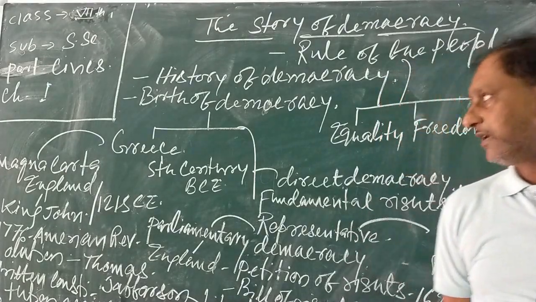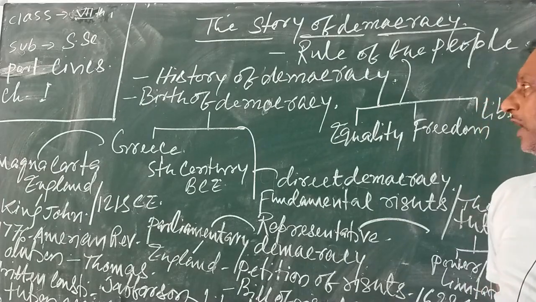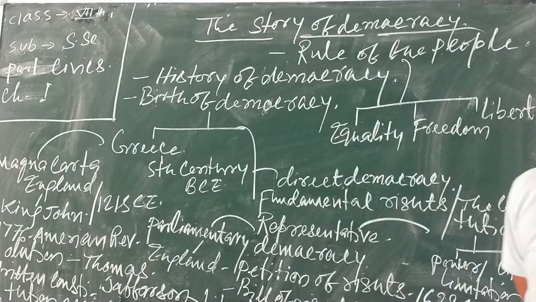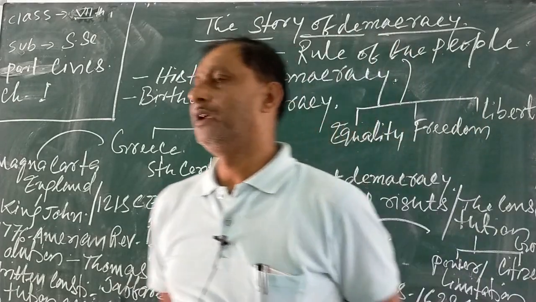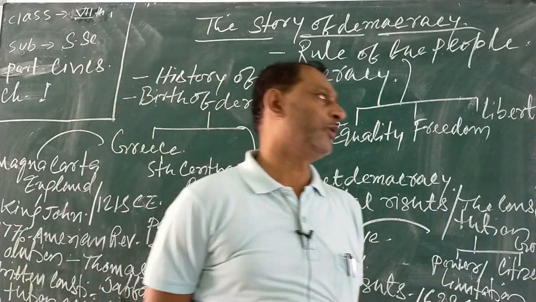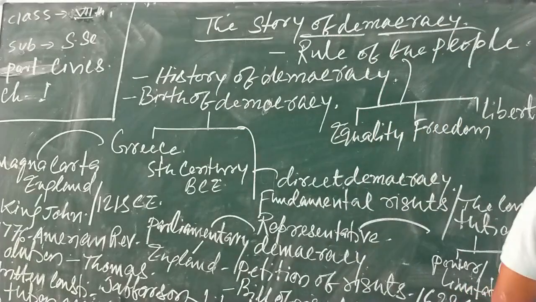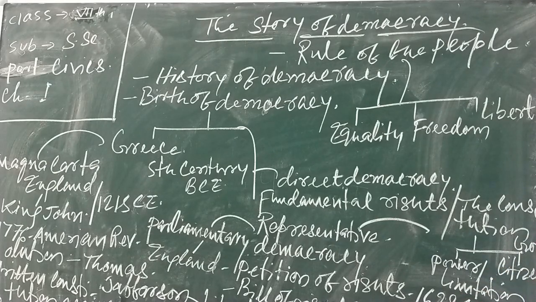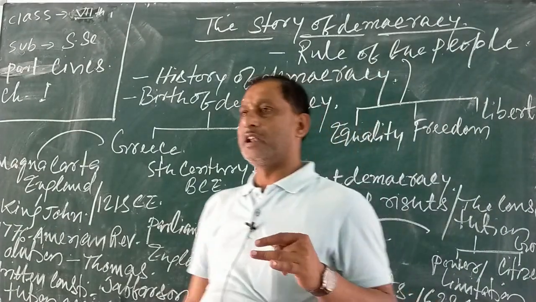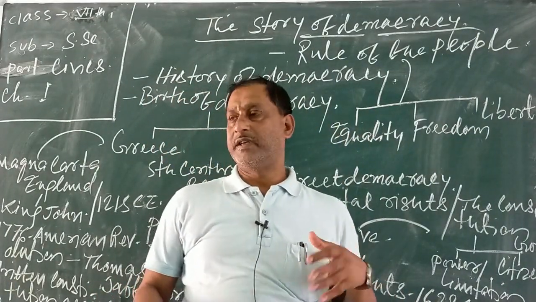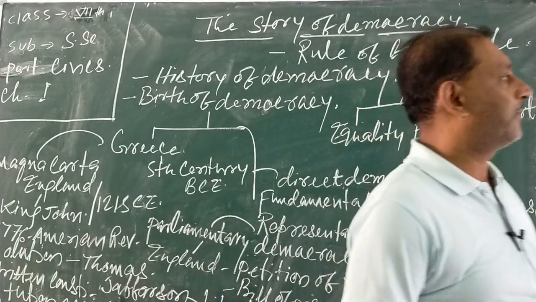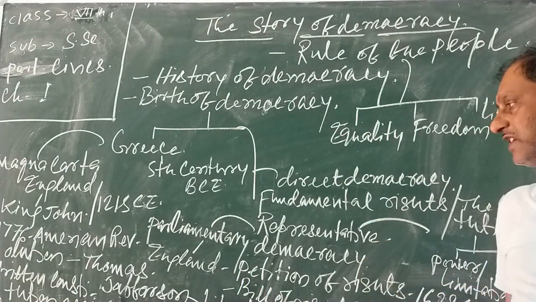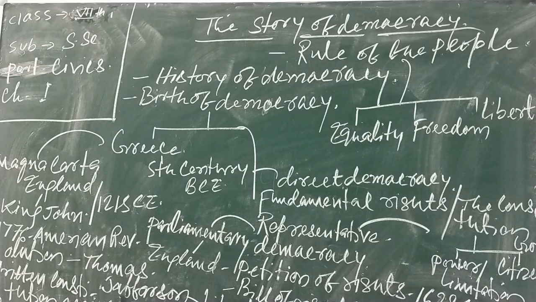So the story of democracy is clearly given, as a consequence, for the better understanding of a student of standard 7. Those who understand the birth of democracy, the expansion of democracy, as well as the stability of democracy, with the help of the editorial given in chapter 1. So chapter 1's editorial also indicates the social, political, cultural, administrative as well as economic changes.